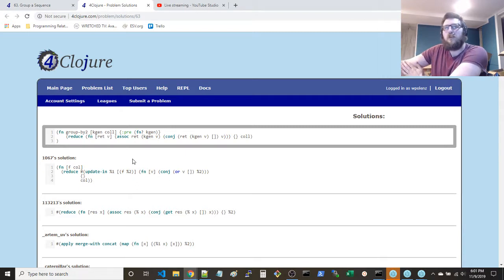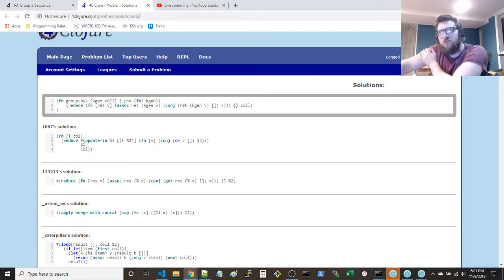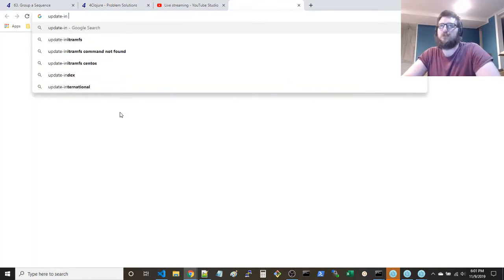Okay. So, update in is another thing I could have used instead of associate. I kind of prefer associate. Update in kind of confuses me sometimes. It does almost the same thing. If we look at what update in does, it's very similar.